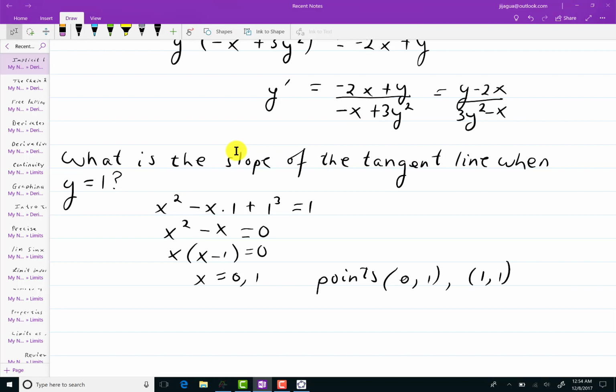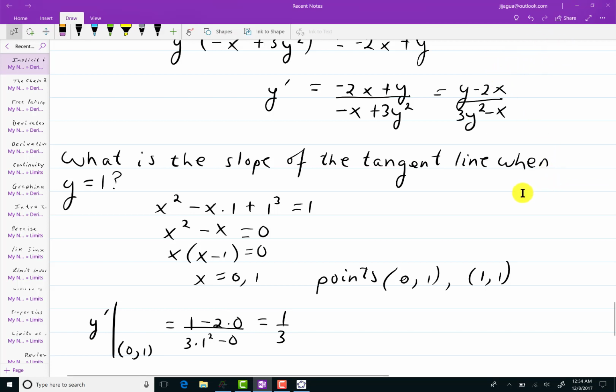Let's go ahead and plug those into the formula that I have up here. I'll use this version of it. So I'll write y prime at the point (0, 1) equals, keeping my eye on this at the same time, 1 minus 2 times 0 all over 3 times 1 squared minus 0 equals 1/3. So I have a slope of 1/3,